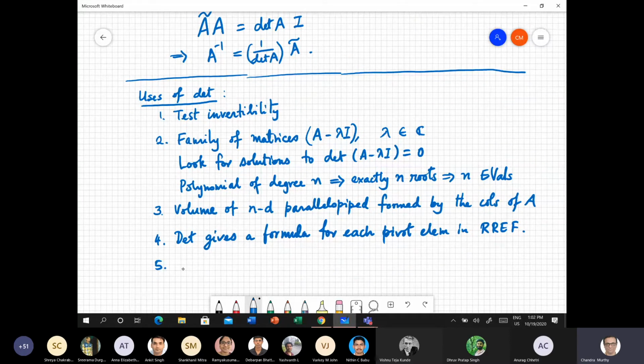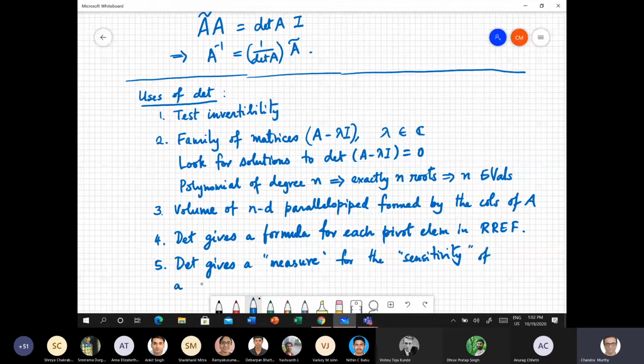And finally, but not the least for sure, is that the determinant gives us a measure for the sensitivity of a solution to y equal to Ax, to changes in y or A. So specifically, if you're given a set of linear equations y equal to Ax and you're